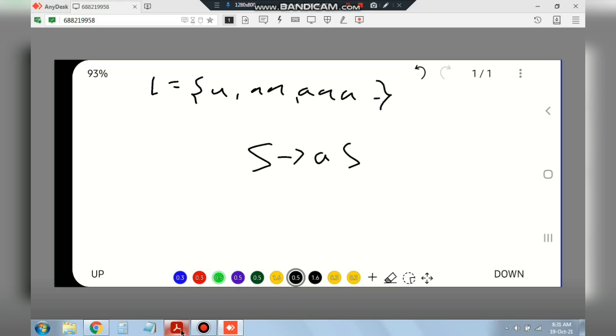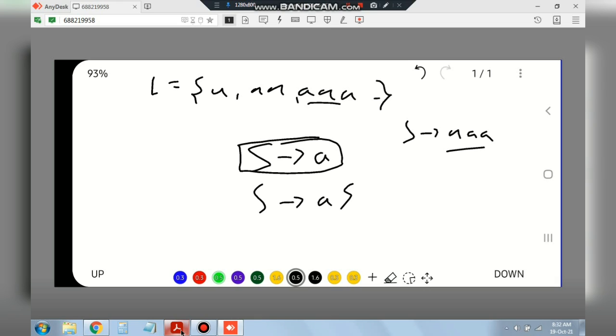Okay. By using this, we can have at least one A, and actually we have to write two things here. S goes to A is the first string. The second string is S goes to AS. So whenever I want to end this string, for example, if I have to generate 3 A's, what I will do? First I will write S goes to AS. Okay, and instead of S I will write AS, and instead of the final S I will write A. So in this case, what I got? 3 A's, right? By using this, I'll terminate the string. Okay.